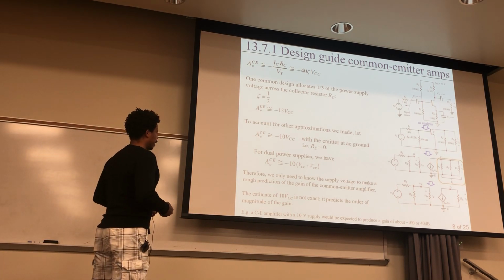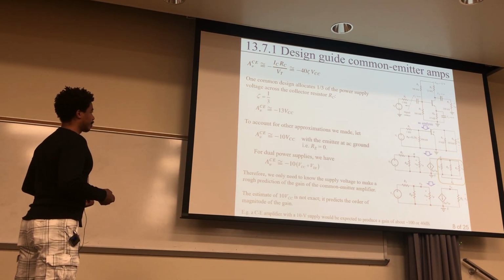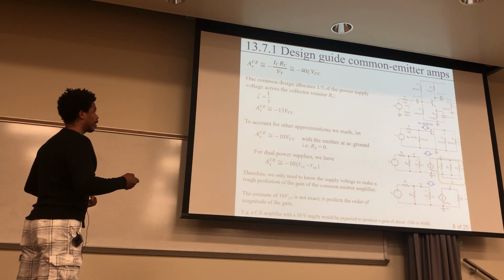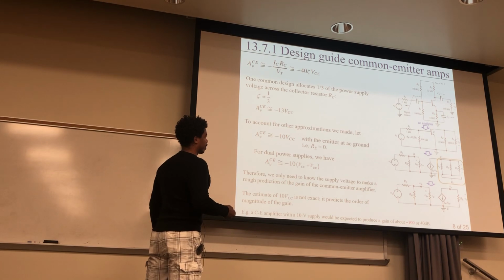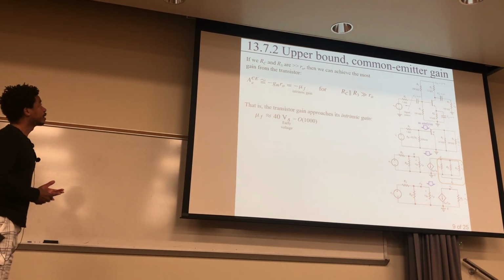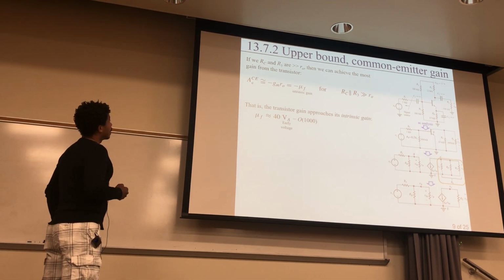And as an example, if your common emitter amplifier has like a 10-volt supply up here, then you expect to produce a gain of about 100 or 40 dB. Okay, so now if